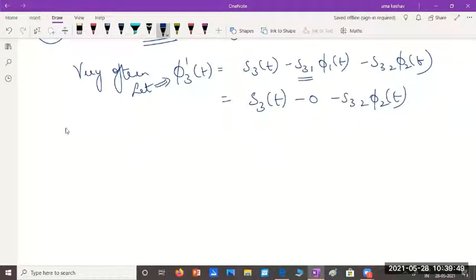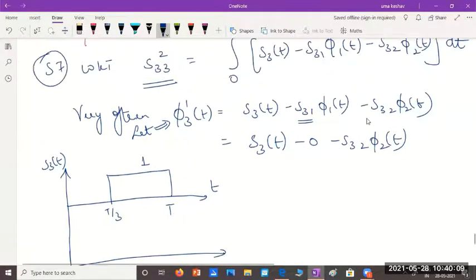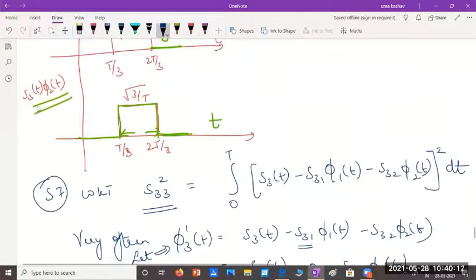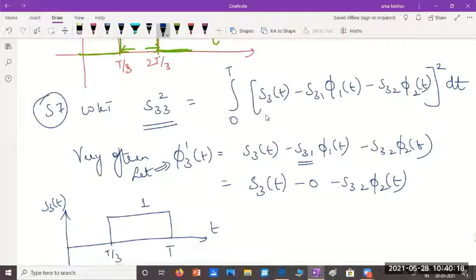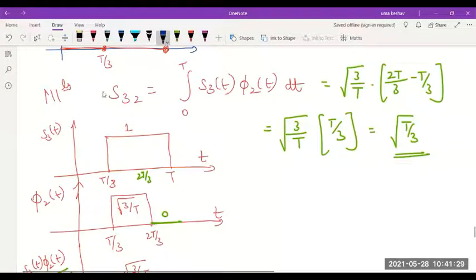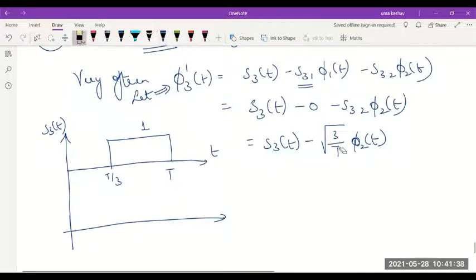Let us determine this graphically. I'll write S3 of t, which is 1 in the range t by 3 to t. And next, I have to write the product of S32 into phi 2. What is S32? Did we draw S? See, the S32 value is root t by 3. Sorry, this should be root t by 3